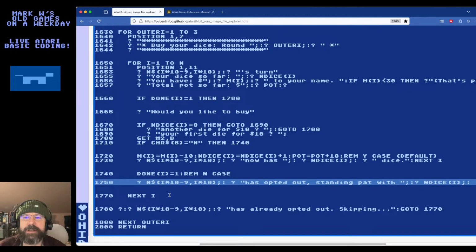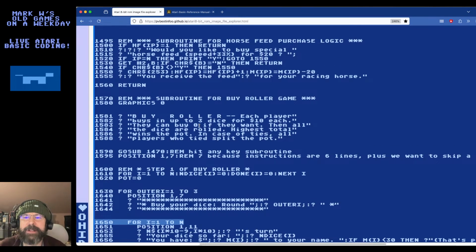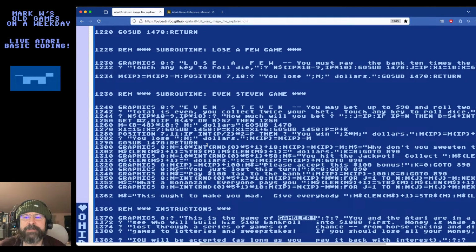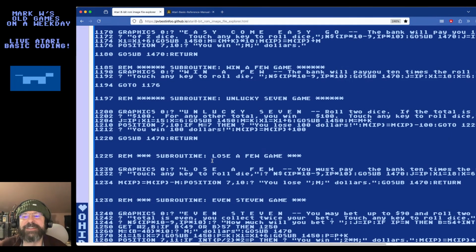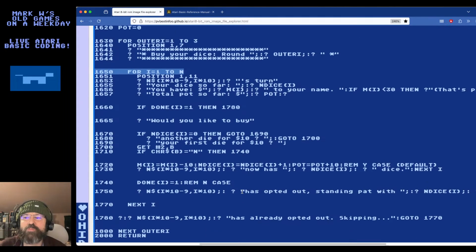So the question is, how did I get to that point? I thought I was doing this the same way, following the same convention as was done elsewhere in this mess of a program. It's not a mess, actually. Given the constraints, it's pretty good. So yeah, something is off by 1.